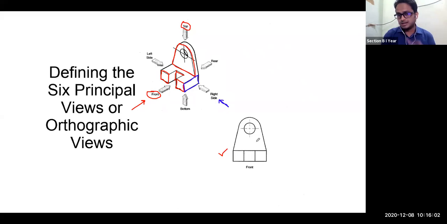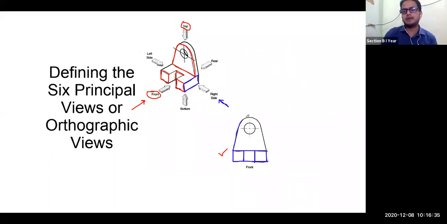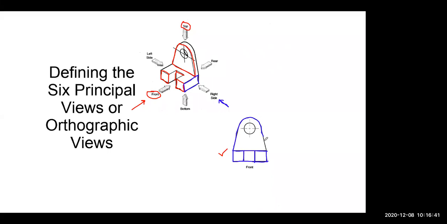You can observe here that we have studied types of lines used in engineering drawing. In that, the thick lines that I have told you, so these are your thick lines. All the lines that you can see here in the front view are thick lines. What other type of line can you see here in this front view? Besides this thick line, are you able to see any other type of line? There is one line.